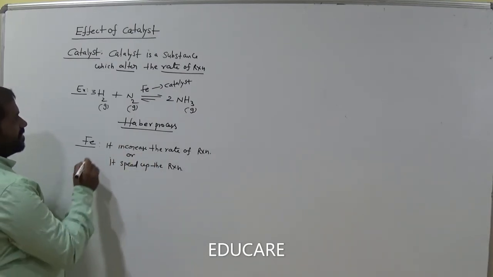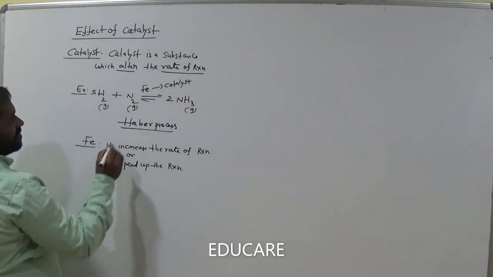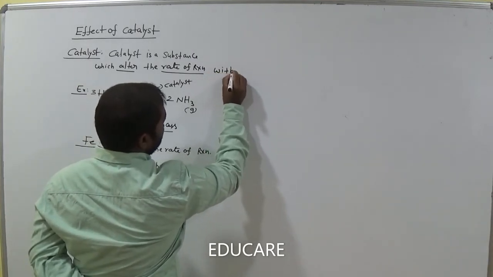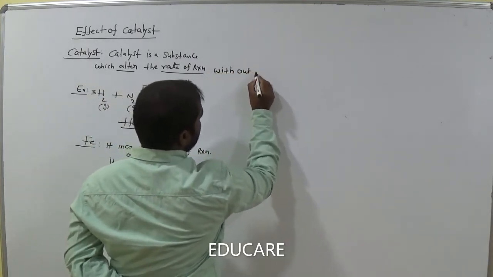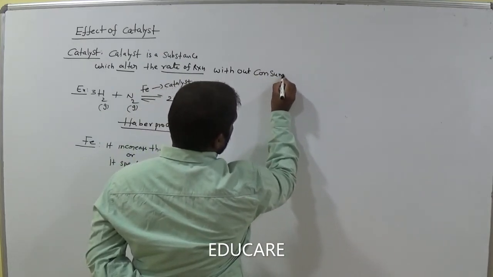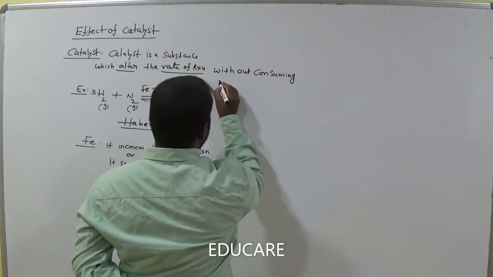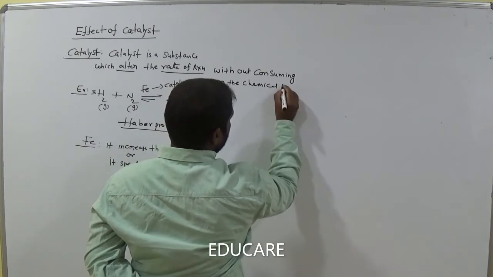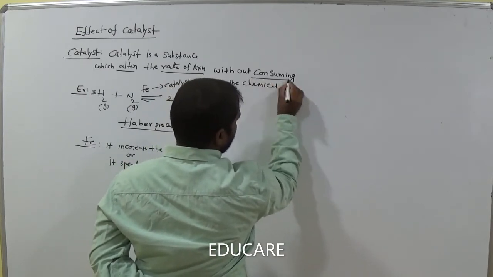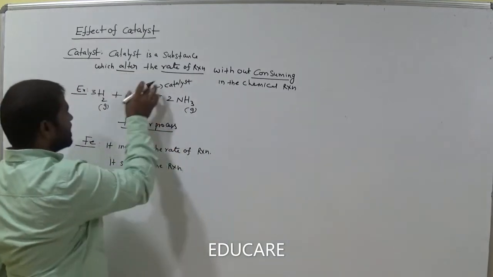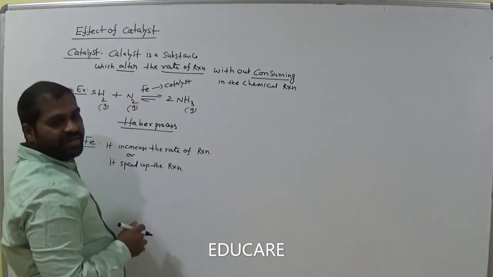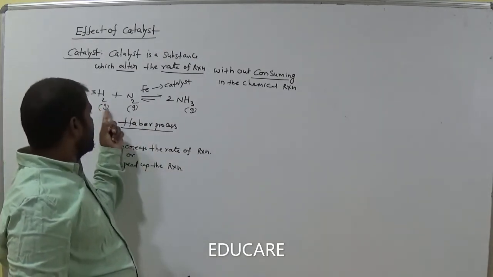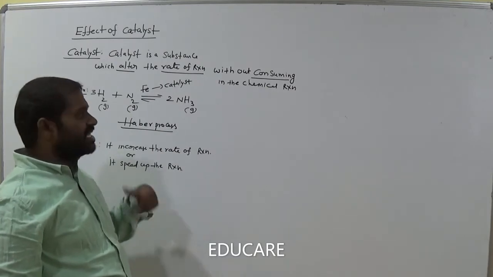Okay, so a catalyst is a substance which alters the rate of the reaction, and add one more point: without consuming in the chemical reaction. That means a catalyst cannot react with reactants and products. Remember it, a catalyst cannot react chemically with reactants and products, but it just increases the rate of the